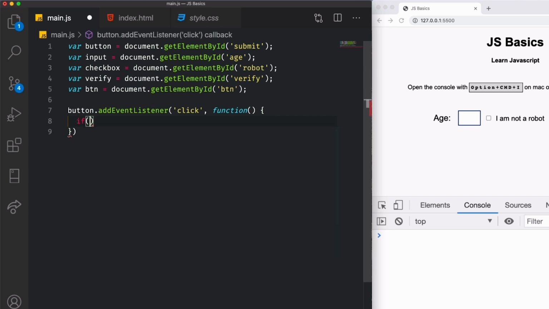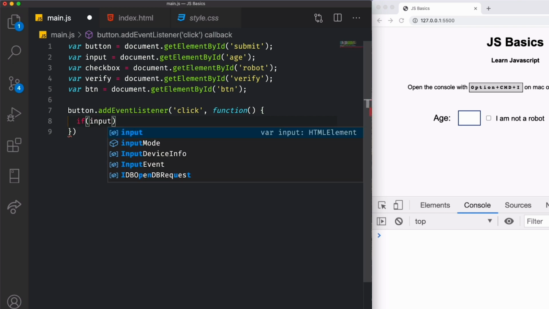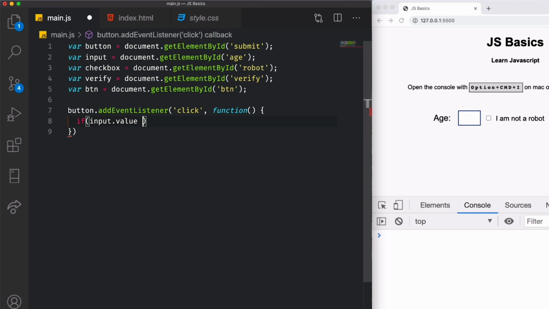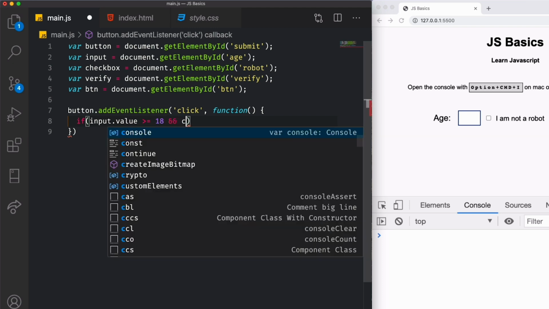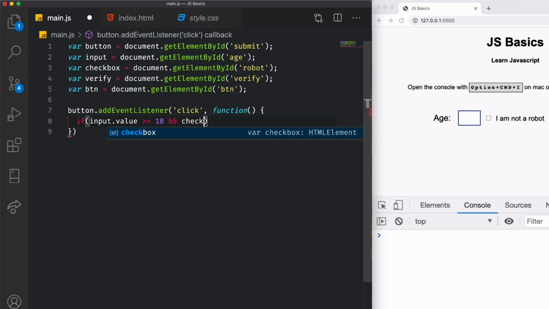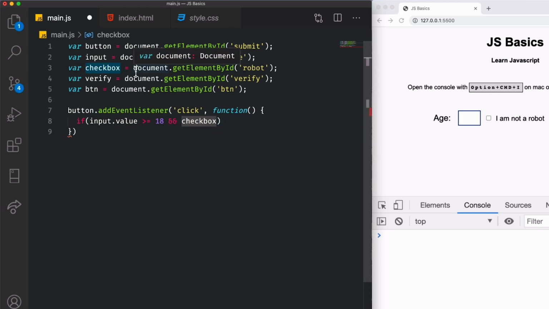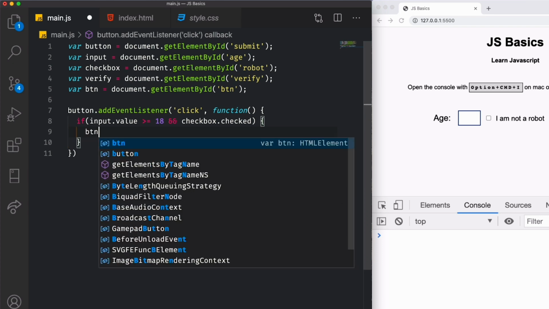We're going to say if the input, which is age, if the input.value, so the age value, if that value is greater than or equal to 18, and the checkbox, so this variable here, because we're holding this in our variable, if the checkbox.checked, which is just something JavaScript has, .checked, so if these things are true, we can grab the button that's hidden. So we have a hidden button on this page. Dot button